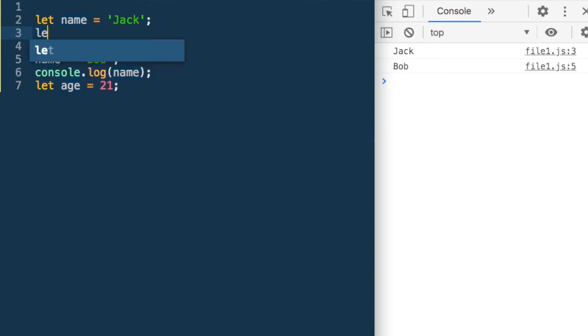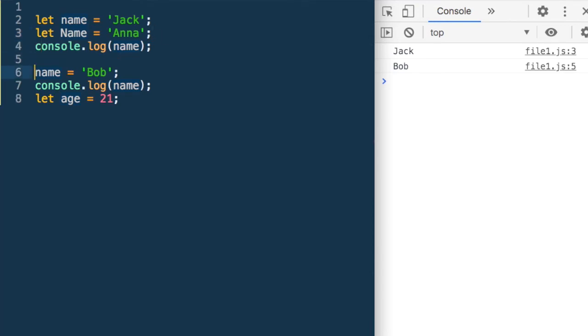The variable names in JavaScript are case sensitive. So what do I mean by that? So I can say let Name is equal to say Anna. Now here name and Name are similar, but there is a case difference. So this starts with a lowercase and this starts with an uppercase. And now if I say here console.log Name, I get the correct output. So variable names in JavaScript are case sensitive. So these are different. So this has to be kept in mind, and this is a common error we make at times. So just take care of it.